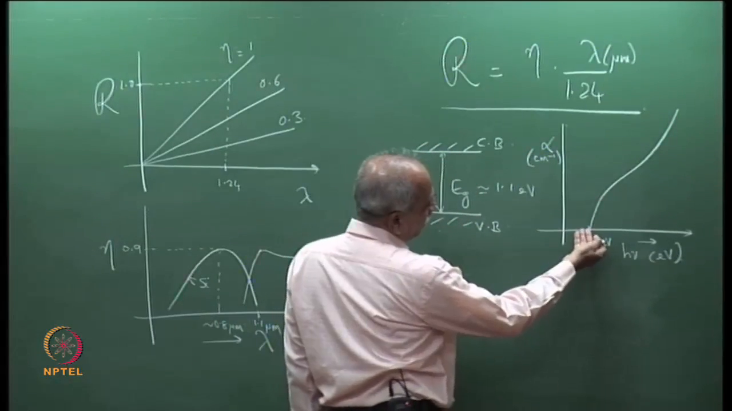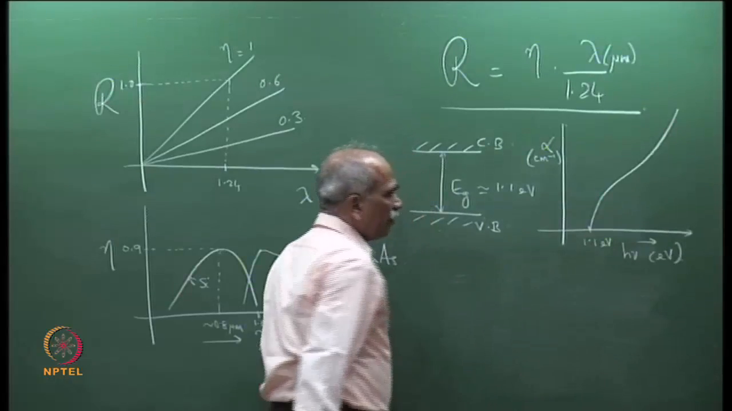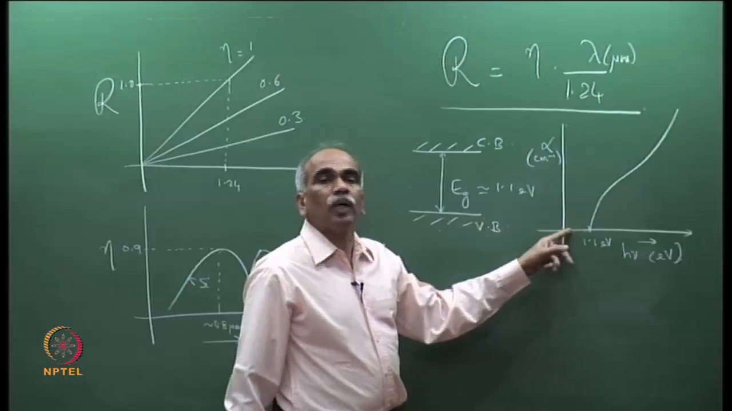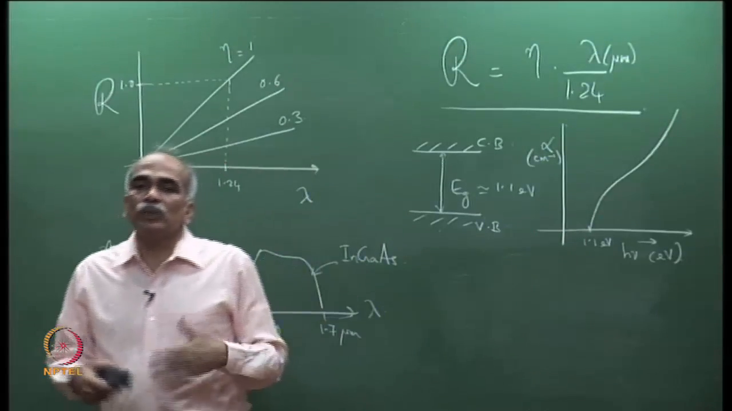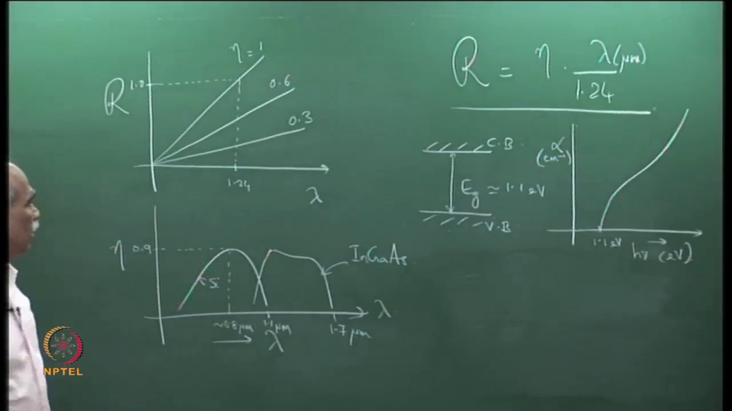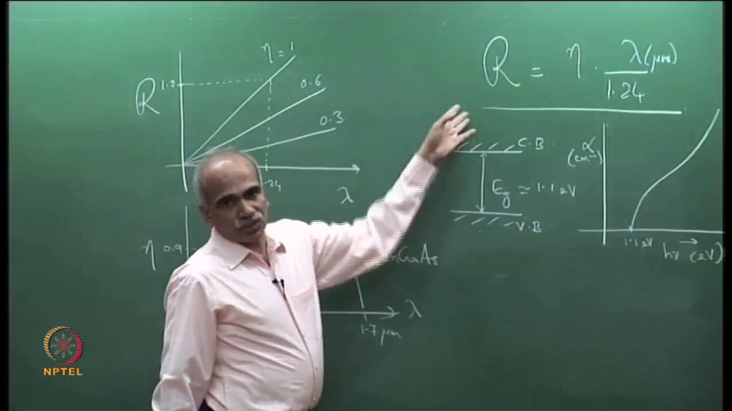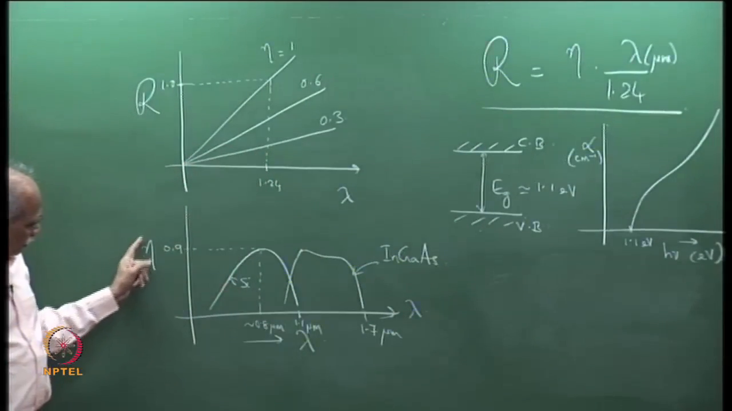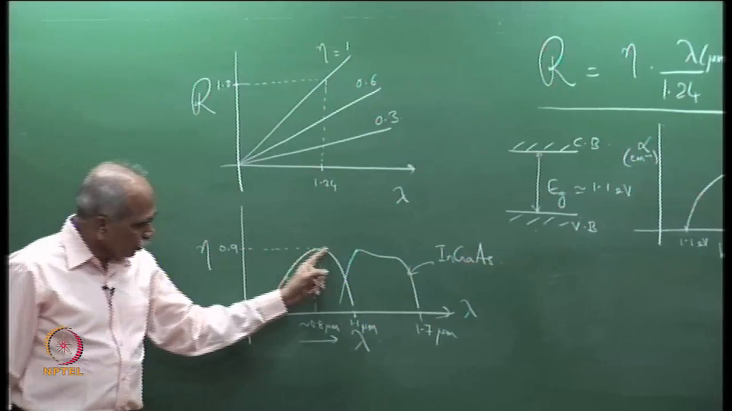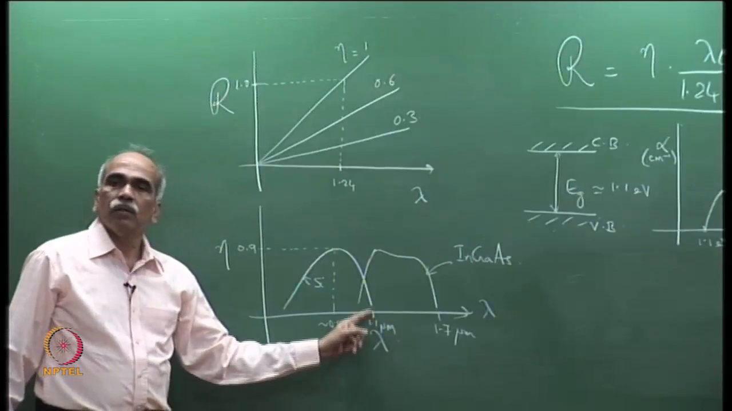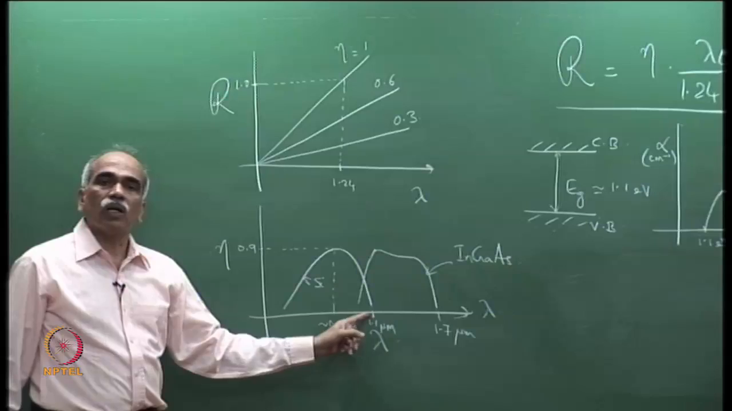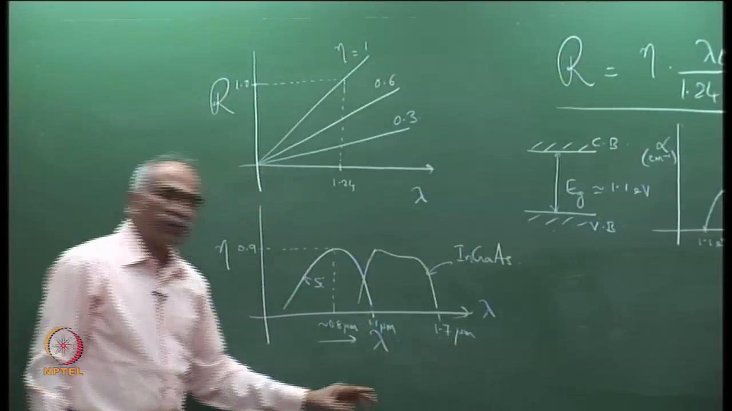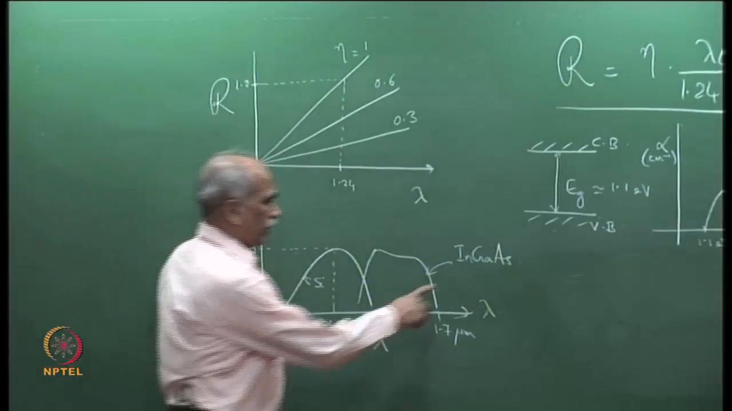So, you can see that 1.1 eV is the band gap of silicon, and below which there is no absorption, and therefore, there is no generation of photocarriers by interband transitions. Therefore, the responsivity, the quantum efficiency of silicon, goes down to 0 at longer wavelengths. So, there is a longer wavelength cutoff, exactly like indium gallium arsenide has a cutoff around 1.7 micrometer, because